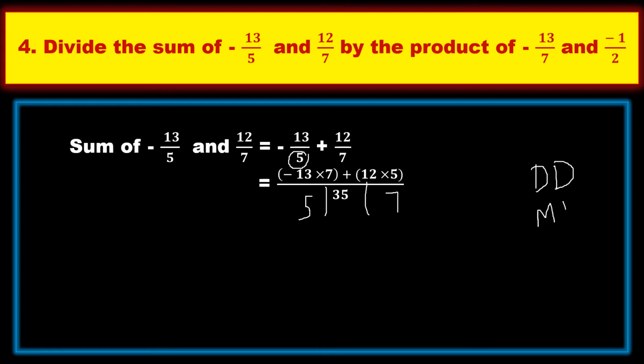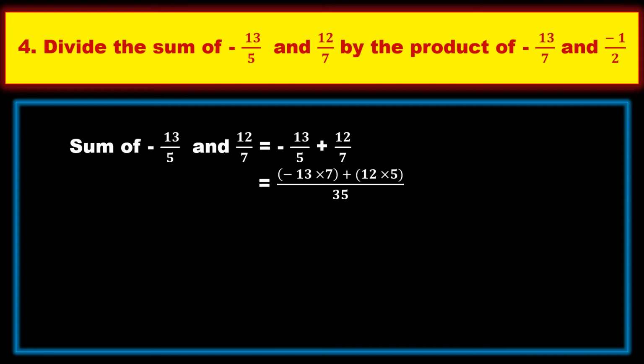What is my next word? It is MN, right? MN means multiply the numerator. Whenever you divide the denominator with the LCM, you will get a quotient. This one you multiply with the numerator. So who is the numerator here? Minus 13. So I should multiply this 7 with minus 13, so that I'll get minus 13 into 7. In the similar way, divide this 7 with 35, you will get 5. So multiply this 5 with the numerator 12, so you'll get 12 into 5. Clear? So this is how you should do the LCM.